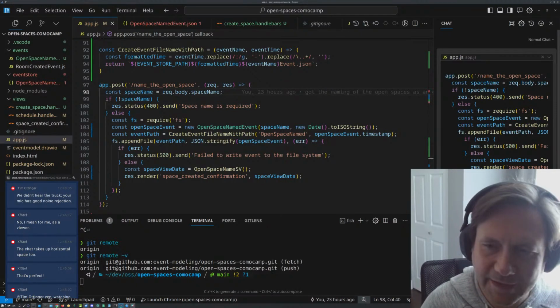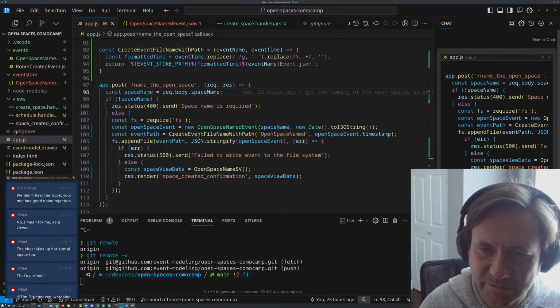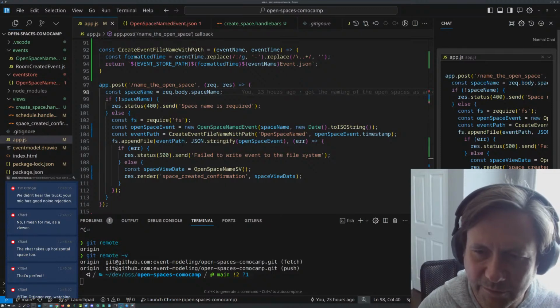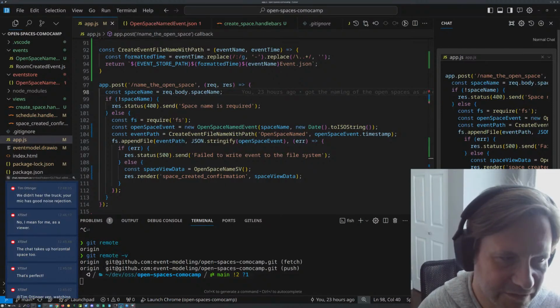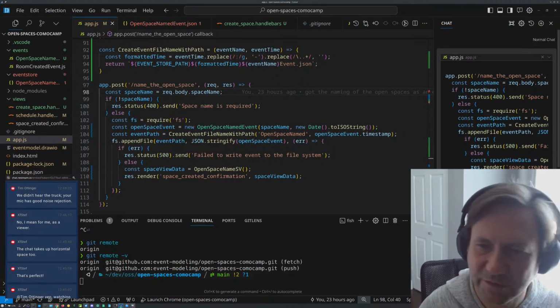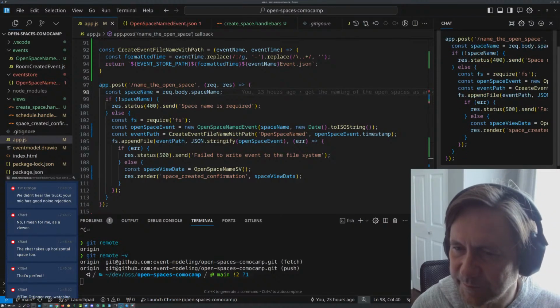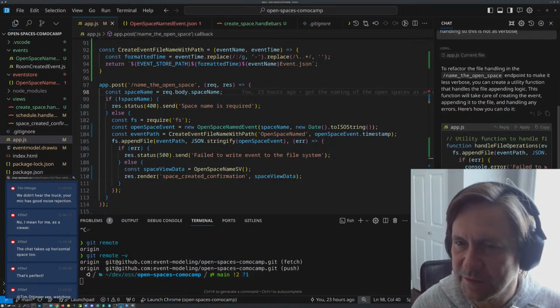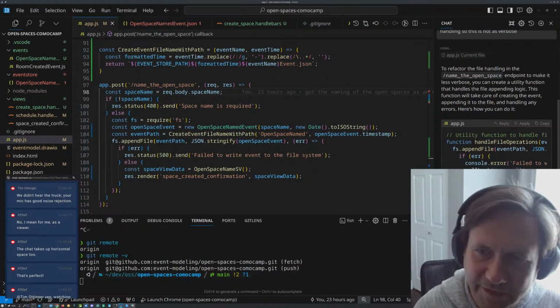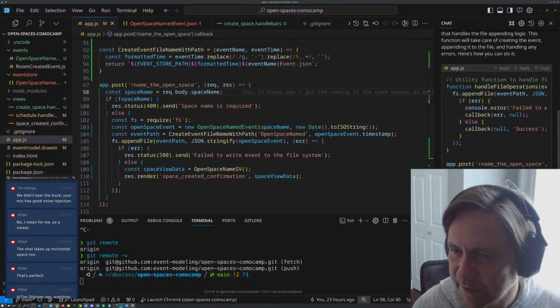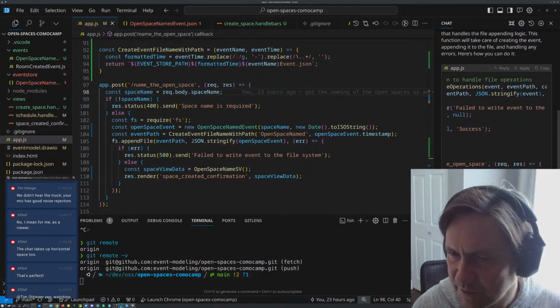I like AI stuff because I can actually document kind of what I want out of the code instead of just, why did you press that shortcut, right? So handle file, ugh, that's a horrible name. Handle file operations. Okay, let's see what it's proposing here.